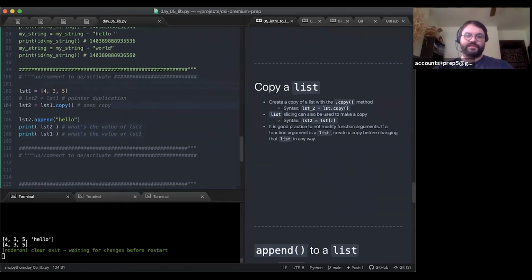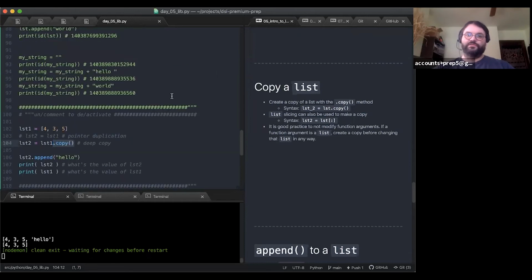I want to be clear here, because when I go over copy, I've seen a lot of people start doing copy on everything, because they're like, oh, I might as well make a copy of this string and then alter the copy of the string. So the .copy method does not exist for any immutable type, any non-mutable type, because altering a string kind of copies it anyways, right? This concatenation gives back what you might call an altered copy of the string.